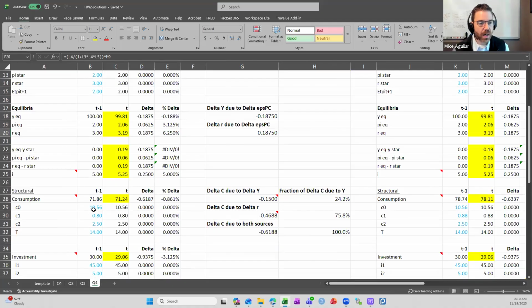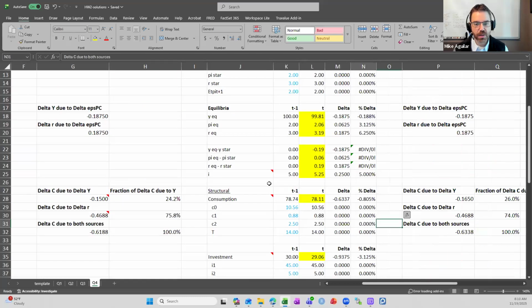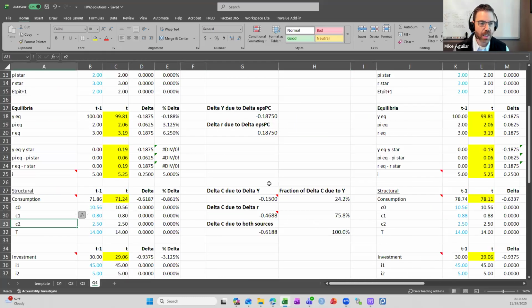Let's take a look. 10.56, follow the cursor, 10.56. 2.5, follow the cursor, 2.5. And 14. So what that means is that C0, C2, and T are all the same in left economy A, right economy B. The only thing that's different